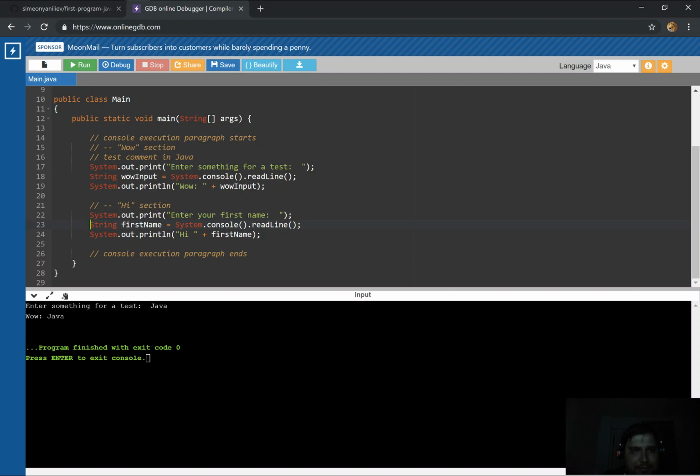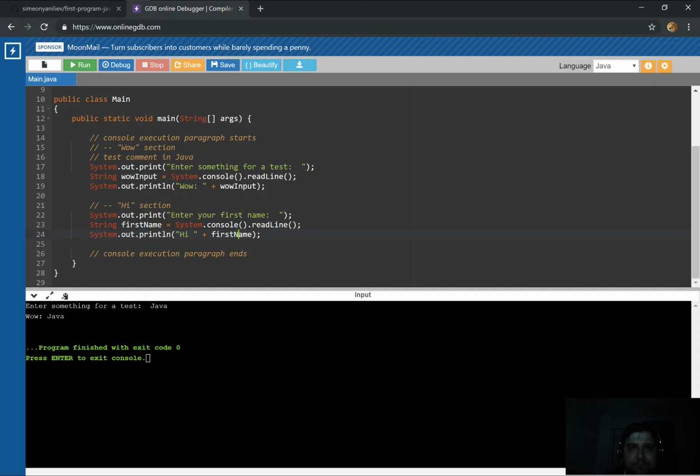Again, this is how you define a text variable, a string variable, of type string in Java. So basically, this is the variable name, this is the type of the variable, this is how you assign a value. Then we'll read everything that the user types in the console, that line, and after that we'll just